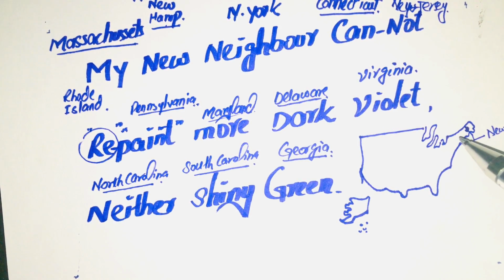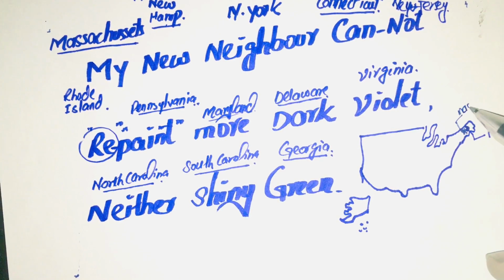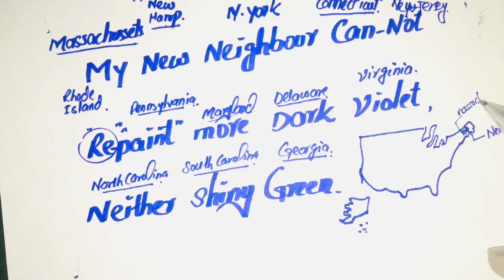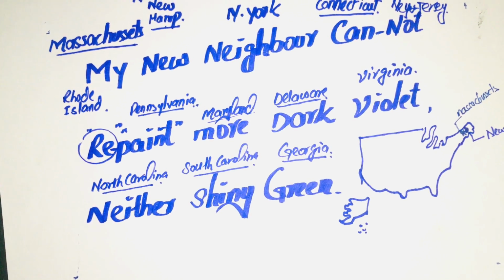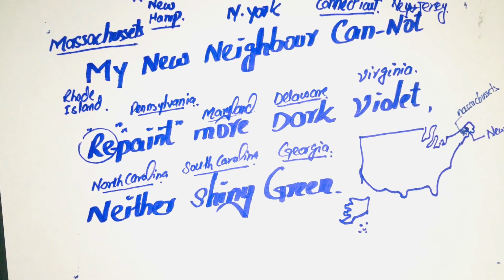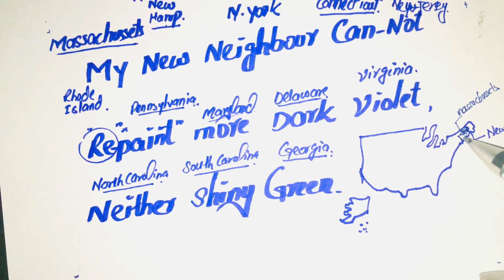The next colony is Massachusetts, which is just below New Hampshire. And just imagine this is Massachusetts. Okay, so after Massachusetts, a big colony comes here. This is New York,